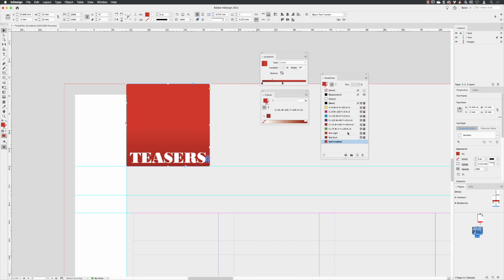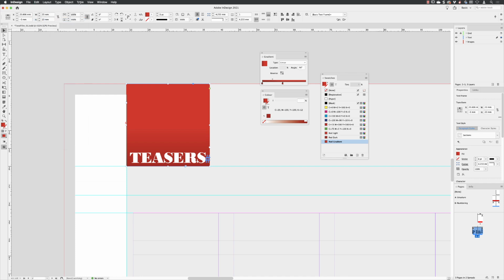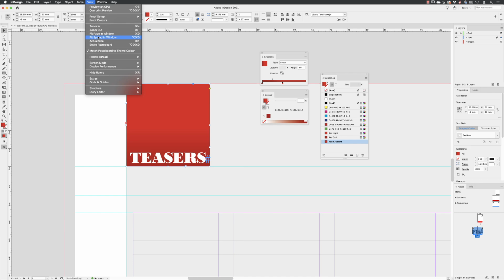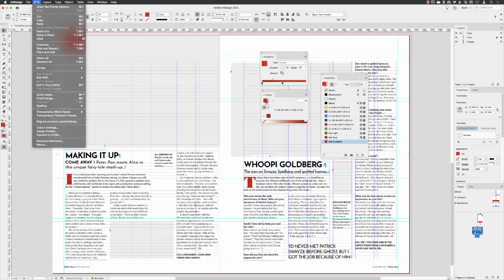With that done, I'll click OK. Go to Edit, choose Copy, View, Fit Spread in Window. If I go to Paste in Place,